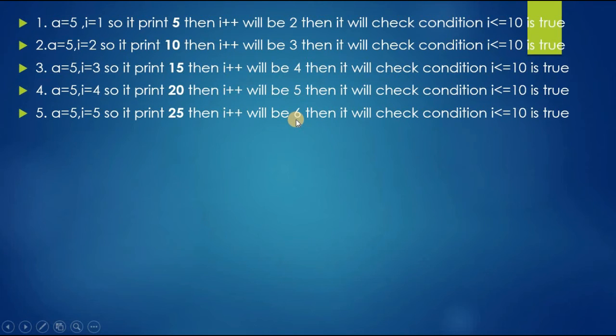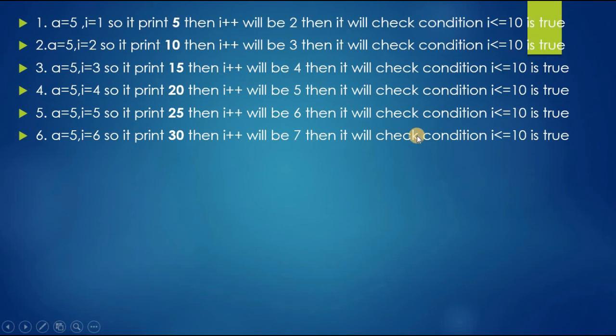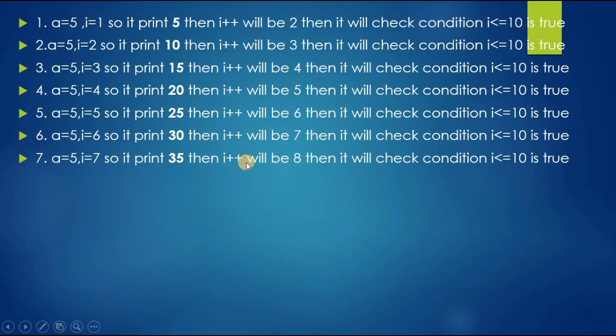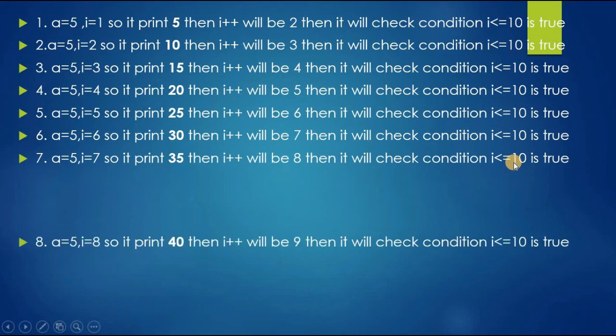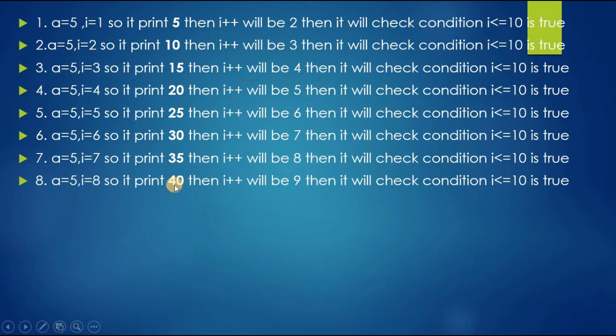so I is now 6 and the condition is true, so again it will go to the do loop statements for execution. Now a into I is 30 and I will be incremented, so I is 7 now and the condition is true, so again it will go to the do loop and it will print a into I as 35, and I will be incremented, I is now 8, and it will check the condition, it is true, so it will again go to the do loop and a into I is 40